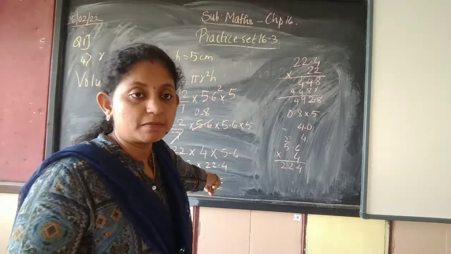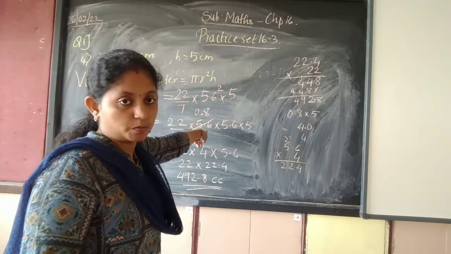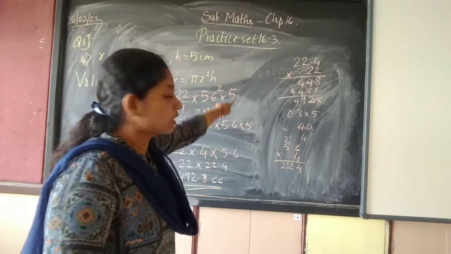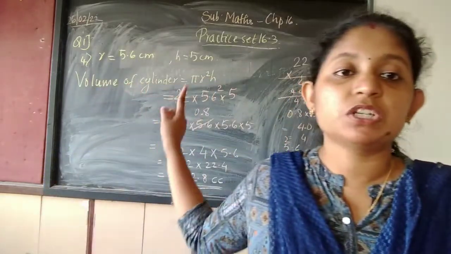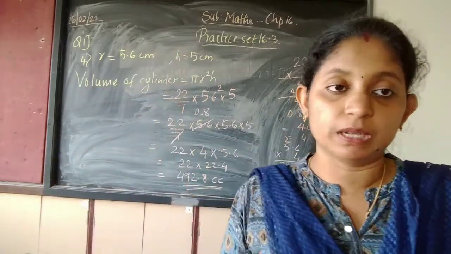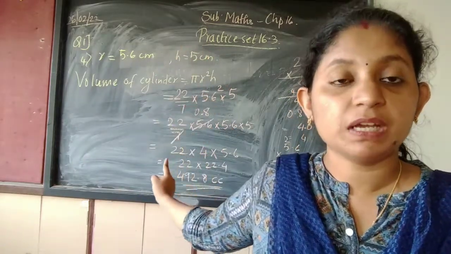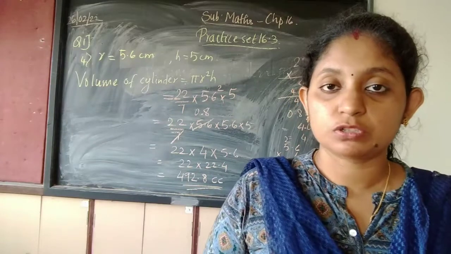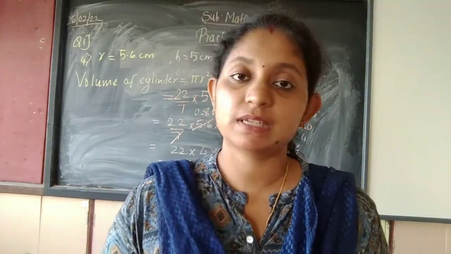Okay, so now here students, this is a shortcut method of how we can multiply easily, the method I am showing. If you want, you can multiply 22 into 0.8 first, and then multiply the answer by 5.6 and go accordingly. There is no compulsion that you have to follow this method only. What is important? The formula should be correct, the final answer should be correct, and the unit of measurement should also be correct. So try second and third one and check your answers in the answer key.